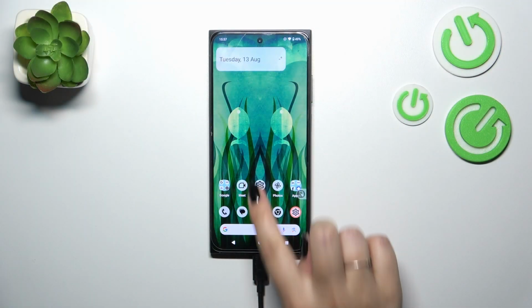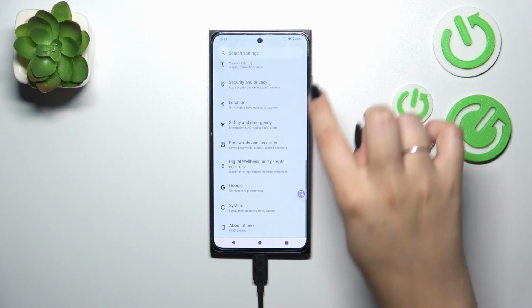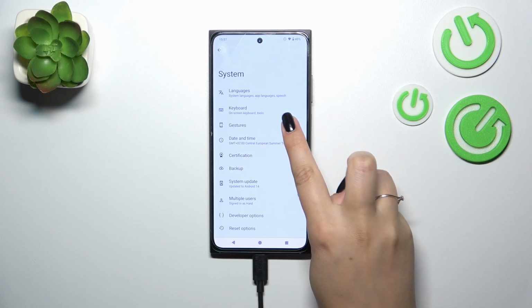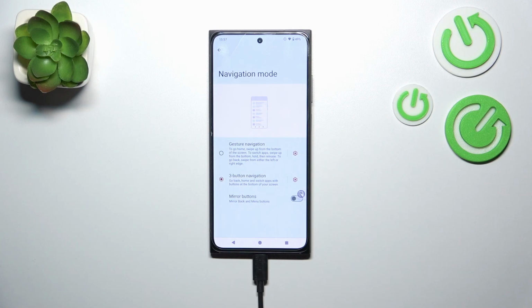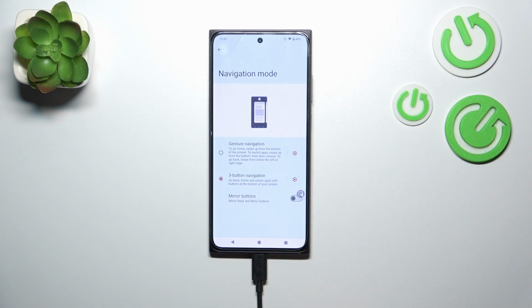So let's start with opening the settings, and in this general list we have to scroll down to the bottom to find system. Then let's tap on gestures, they should be in the 3rd position, and tap on navigation mode at the top. And as you can see here, we've got 2 different options, the 3-button navigation, which is currently